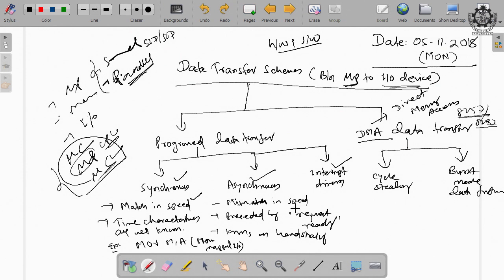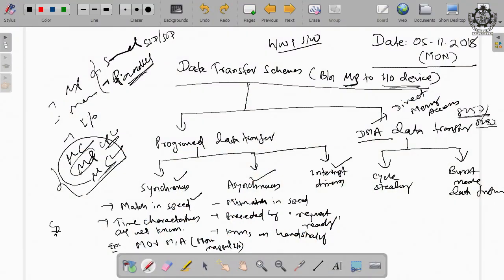Can you give an example where both the devices will match in their speed? That means the source and destination should have the same speed. In other words, the rate at which the sender sends the data, the receiver also receives the data at the same rate.